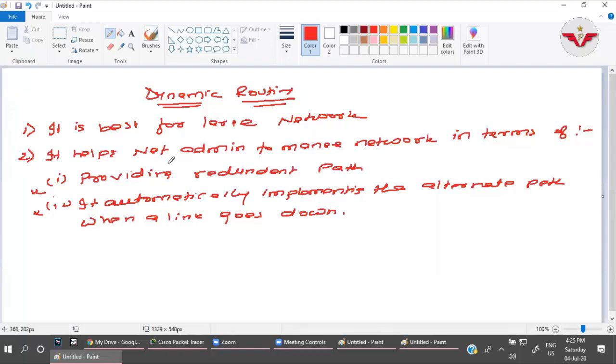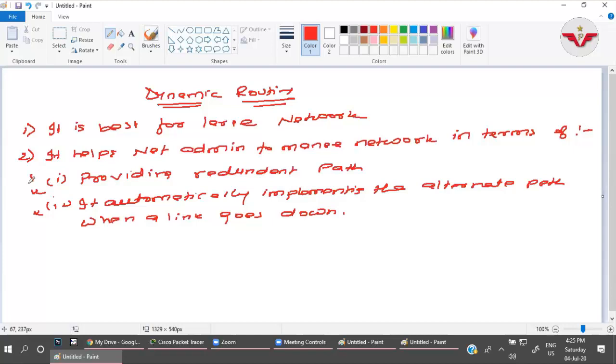What is redundant? We already covered that in the spanning tree. What is redundant? Anyone, guys? Unwanted link. Unwanted, unnecessary, which is not required. So why will we use an unnecessary path in our network? Just for the backup. If any link goes down, the backup path will automatically come up.